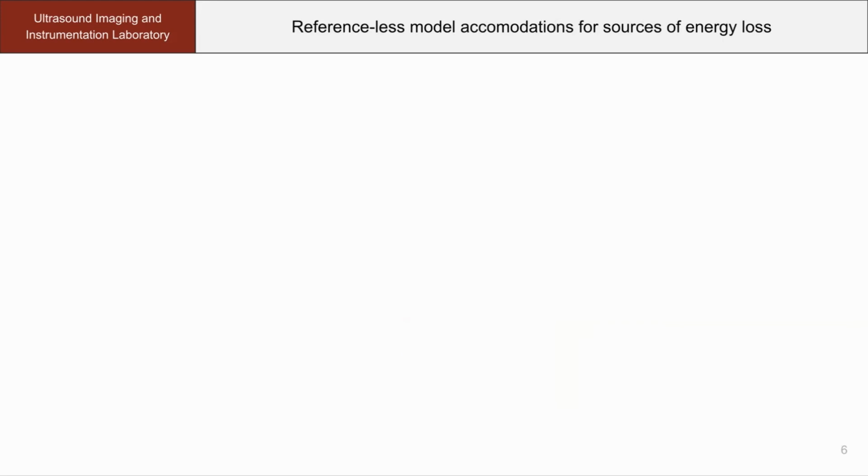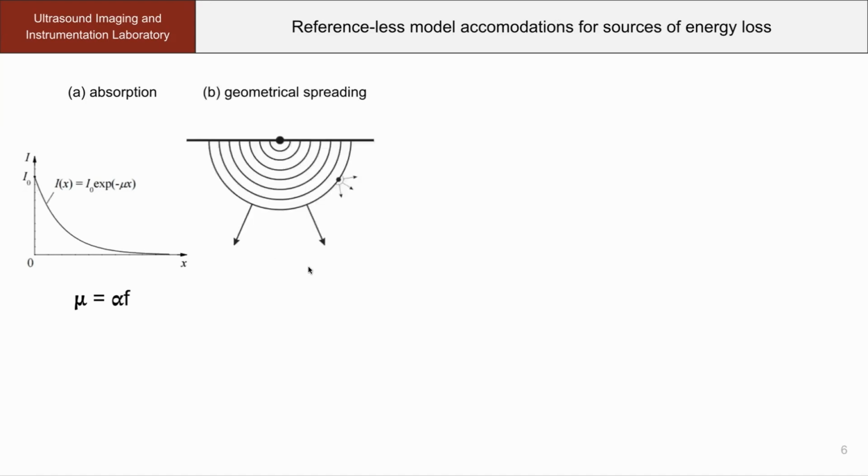And in order to make this model work, we have to consider a couple different sources of energy loss. The first source of energy loss is what we're estimating, or this concept of attenuation through absorption. So when I refer to attenuation estimation, we're referring to attenuation through physical absorption, which follows this exponential decay power law. We also have to consider geometrical spreading, which is energy loss due to spreading of the signal over space,